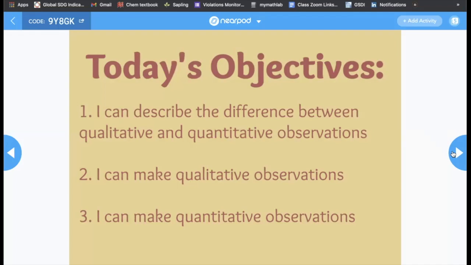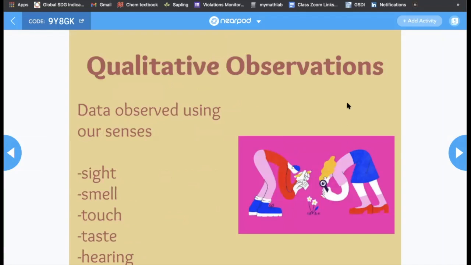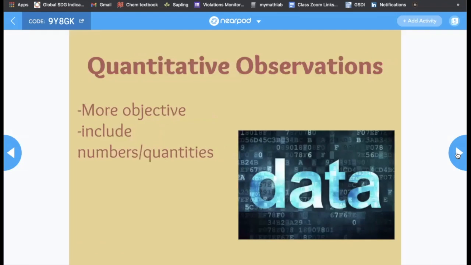So let's get started. Qualitative observations, as you said earlier, Megan, are data observed using the senses. So sight, smell, touch, taste, and hearing. So you're using all your senses, seeing what's around you, maybe noting down during your experiment what you see. So like the colors of things, what things smell like, that kind of thing,